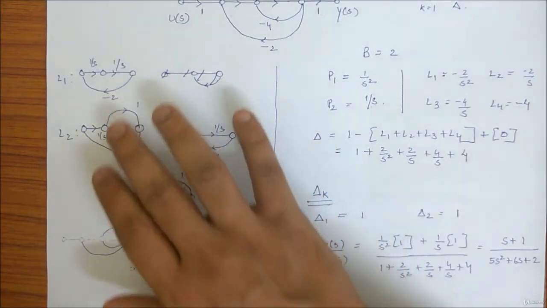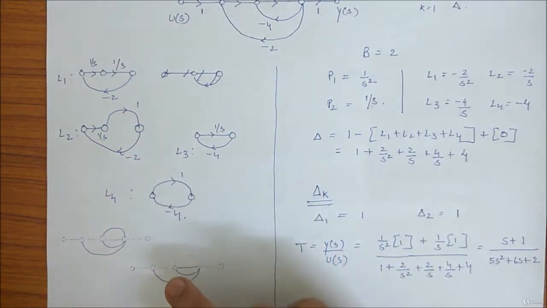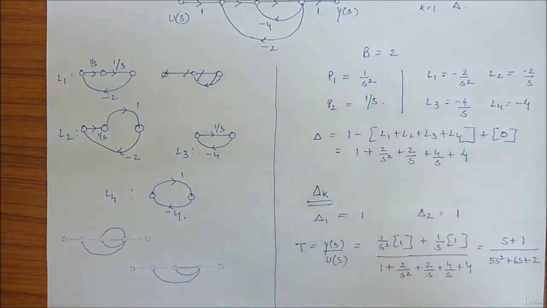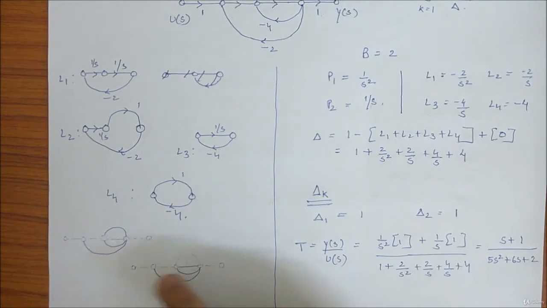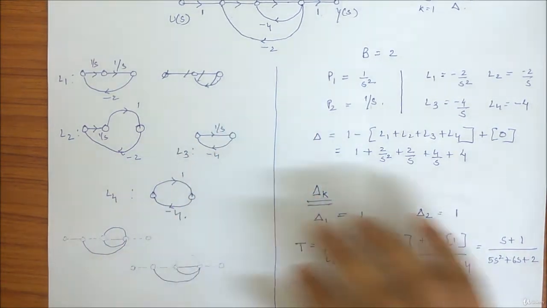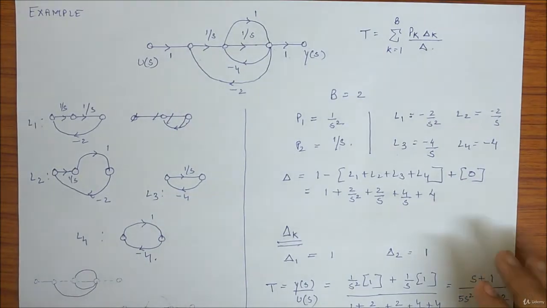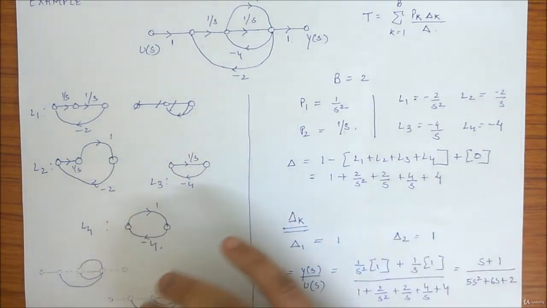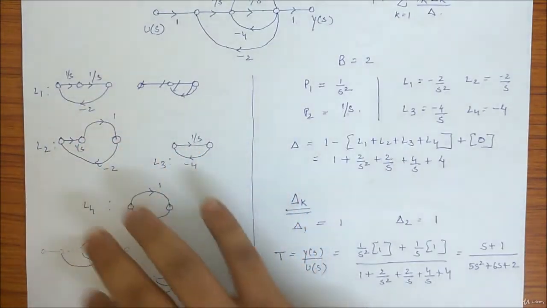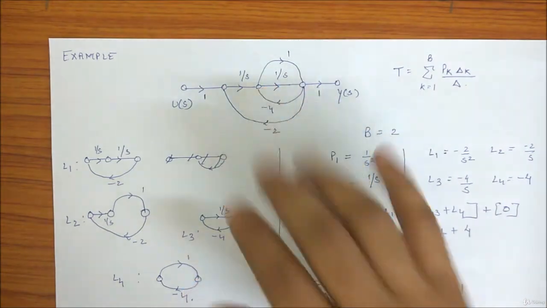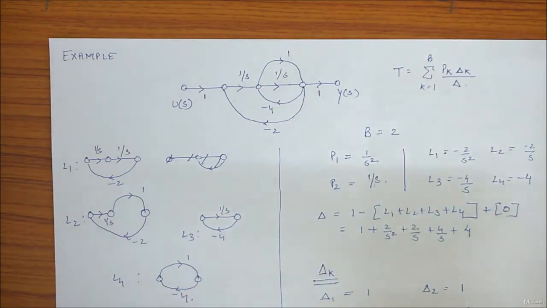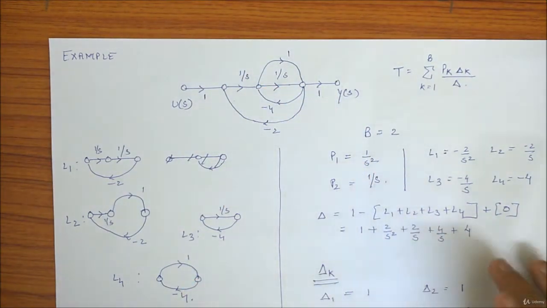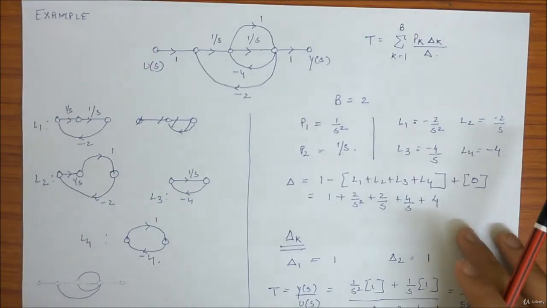Like I wrote L1, L2, L3, L4 and these two just to calculate delta. Here you can see there are no loops forming. These two nodes are not there. So this also you can do, but I will suggest you write in this process, because you can't draw all the time these stuff. You should calculate in your mind the loop gains, non-touching. You should see all this stuff by practice.